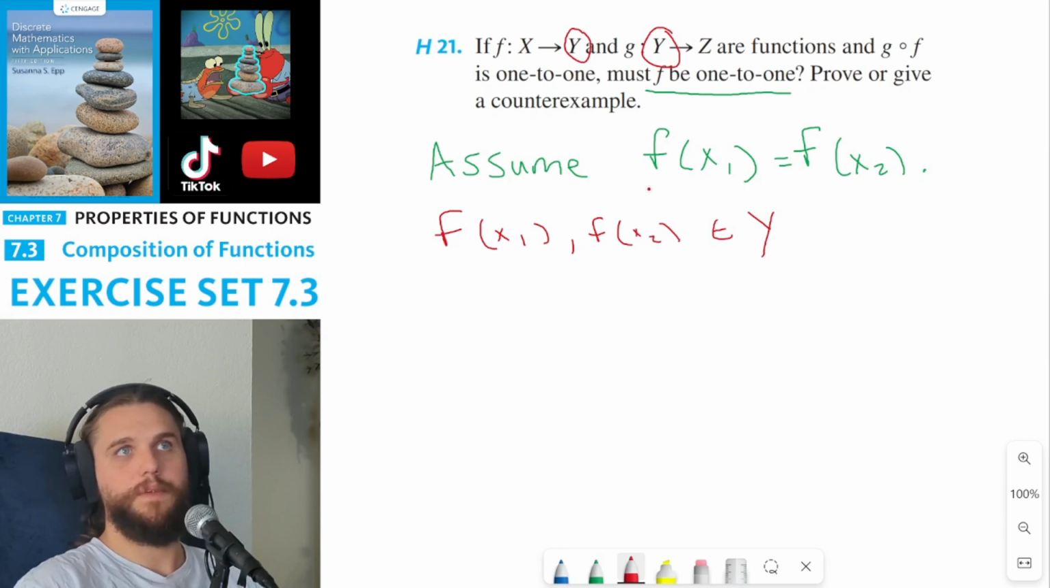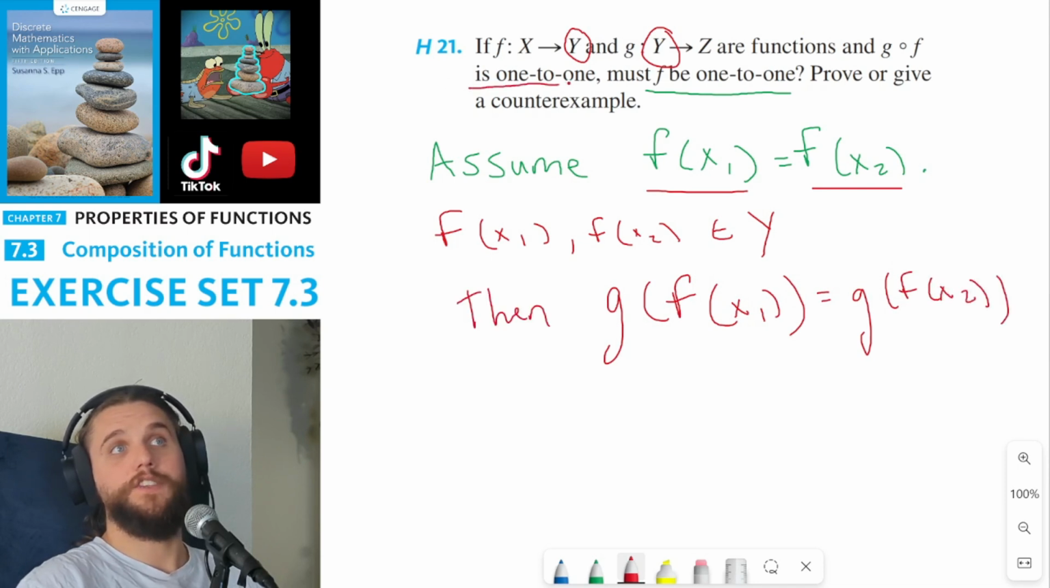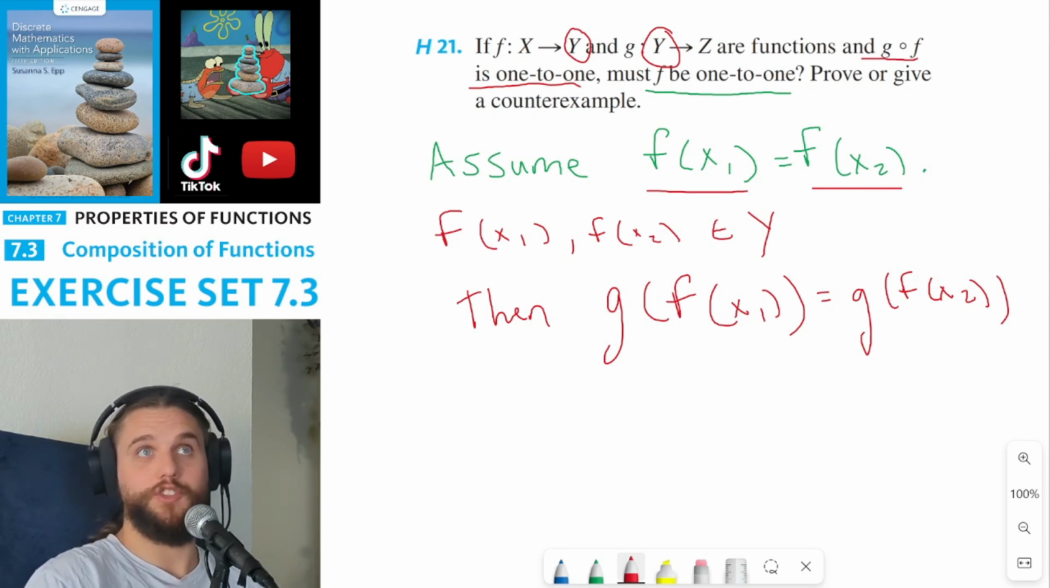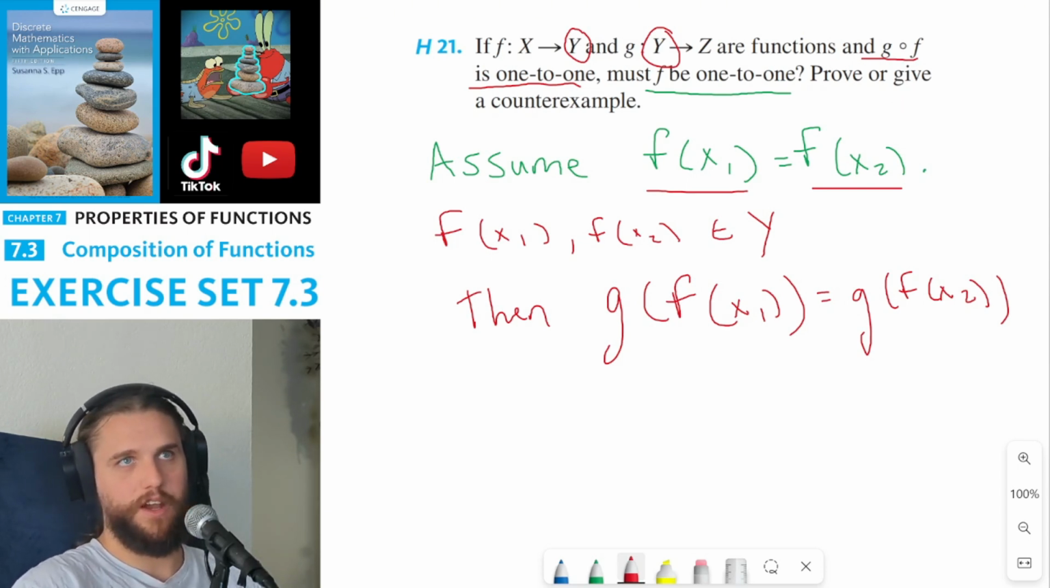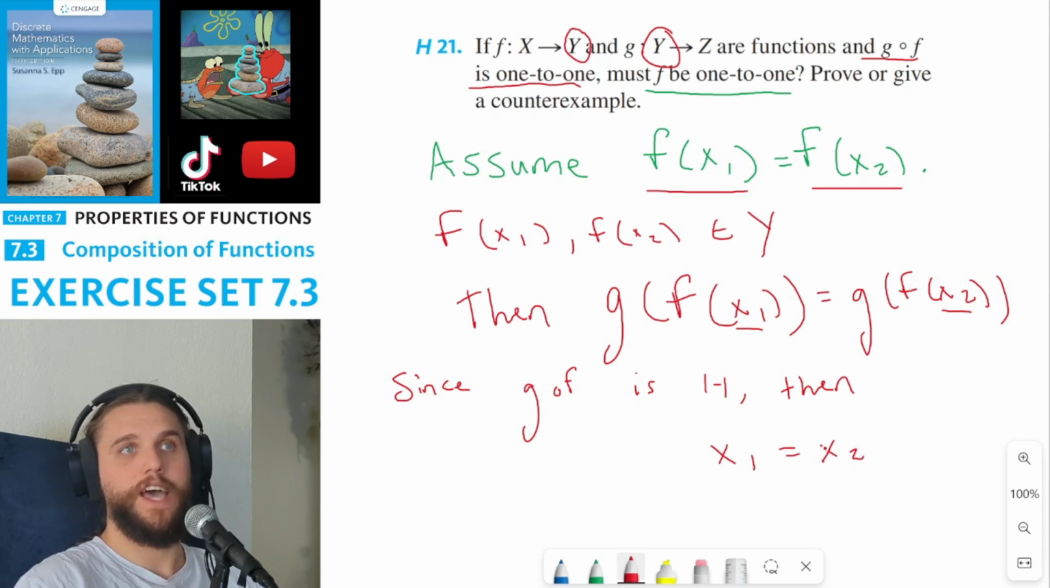So what I'm going to do is plug both of these elements into g. This means that g of f of x1 equals g of f of x2. Now, g of f is assumed to be 1 to 1. I should mention we are doing a direct proof, so we're assuming that g of f is 1 to 1 here. Here I have two inputs that correspond to the same output of g of f. But since g of f is 1 to 1, then that means that these inputs x1 and x2 have to